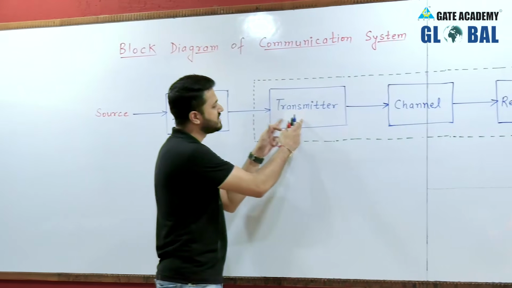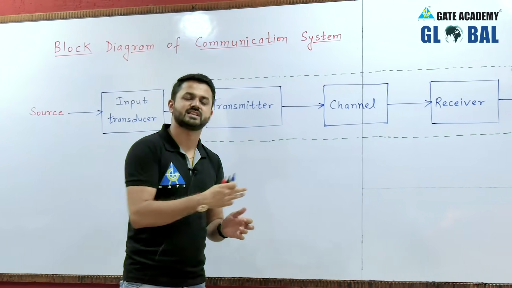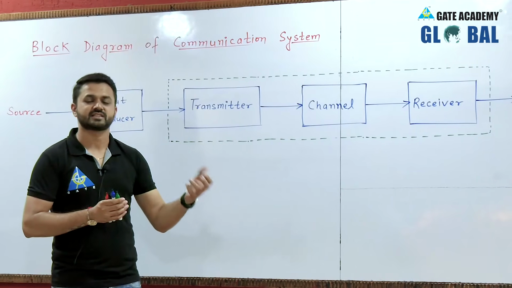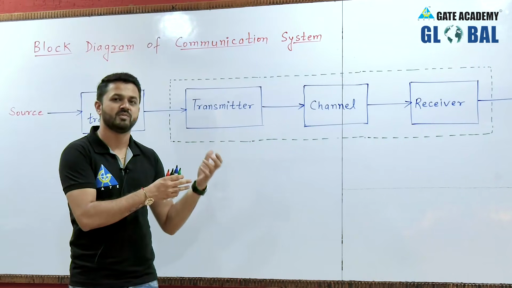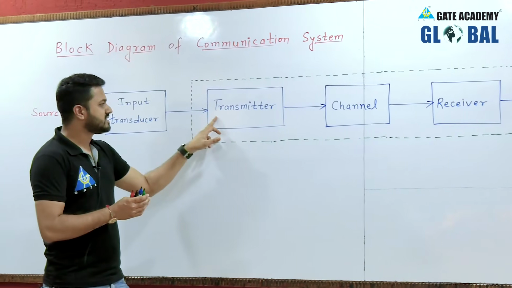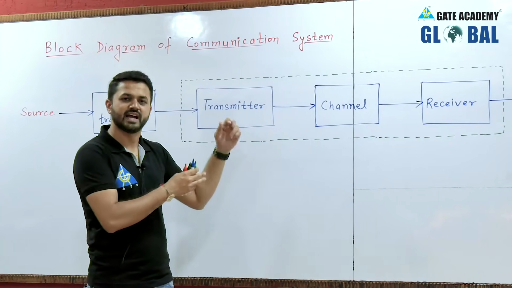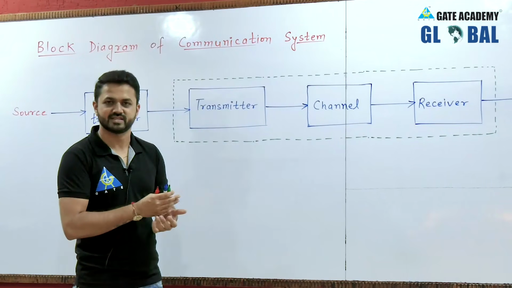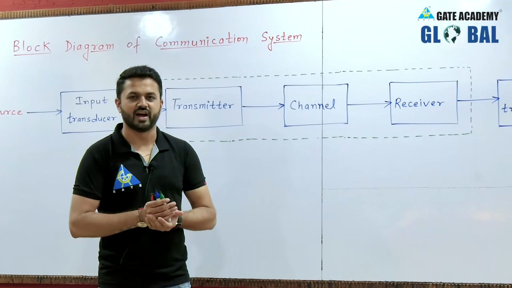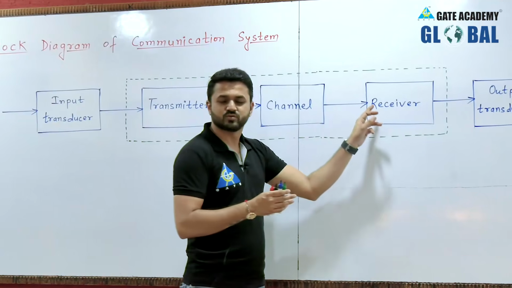So the transmitter performs some modifications in our message signal so that it can be transmitted through the channel, or it is converted into a suitable form which can be transmitted through the channel. This modification is done in such a way that it is suitable for the channel. This channel can be a wired medium or a wireless medium, and after passing through the channel,